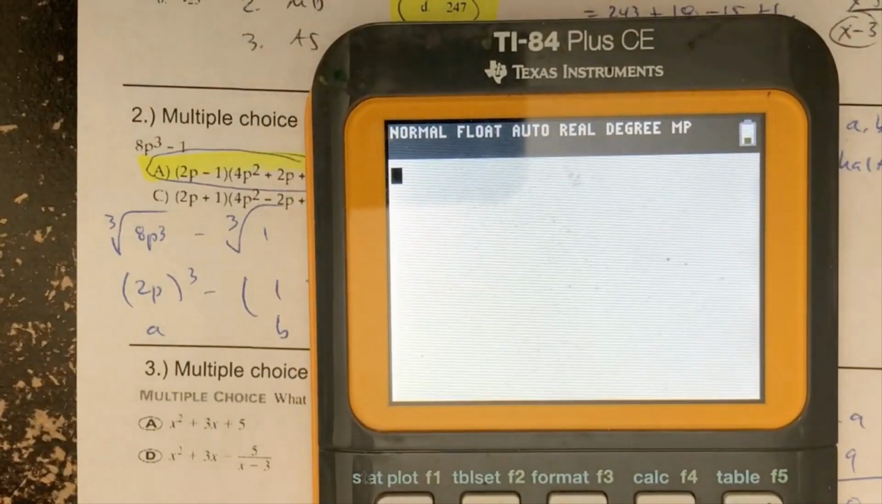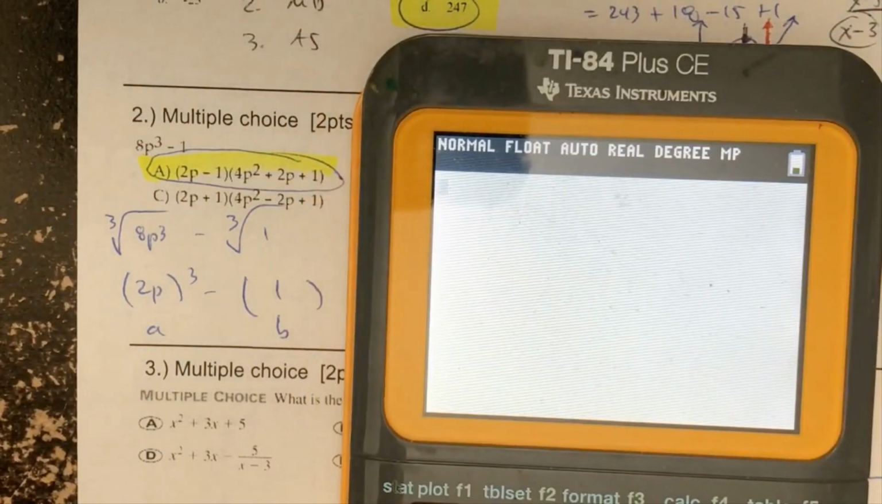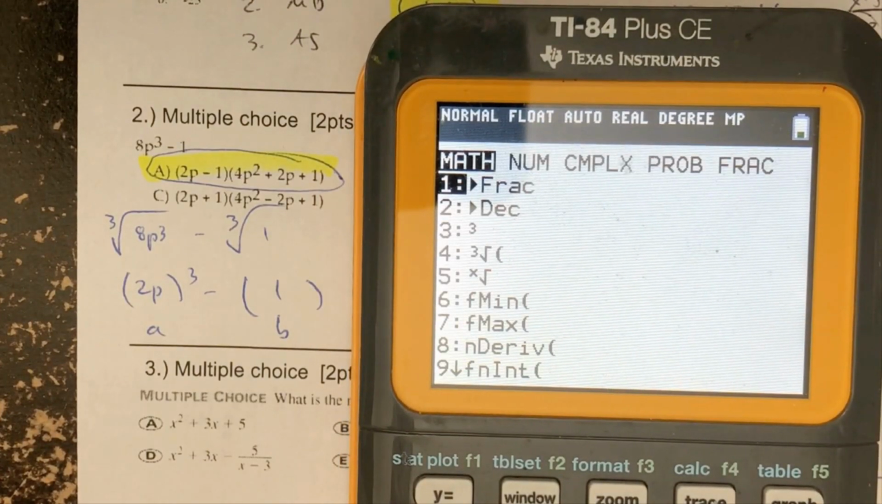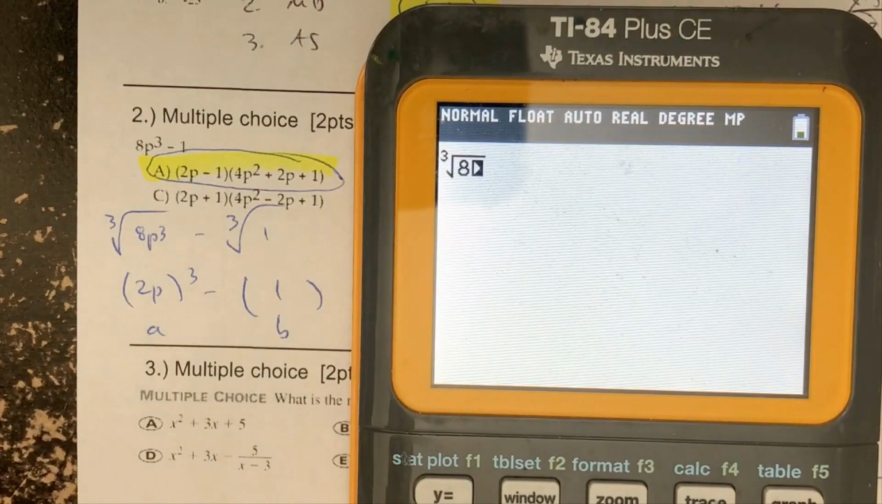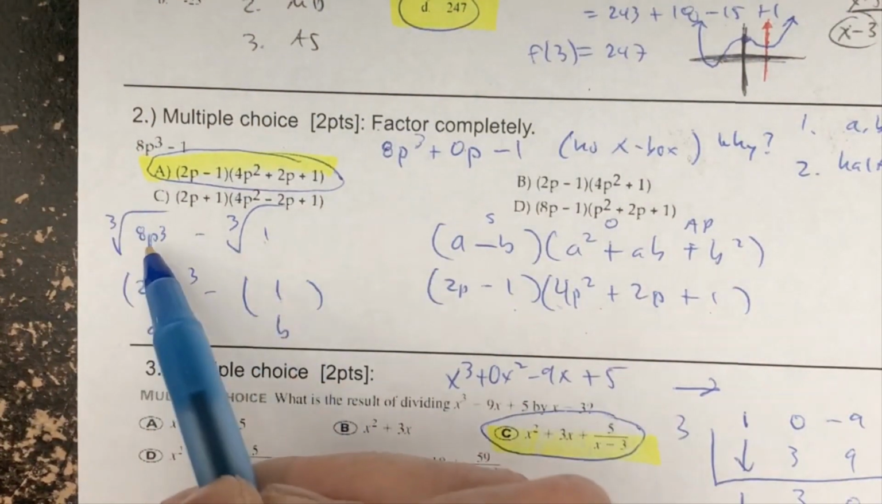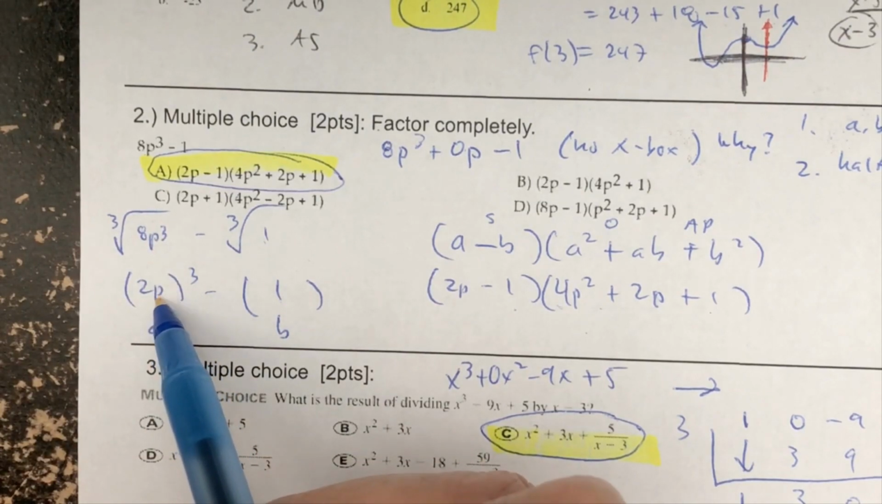Here I have a TI plus CE, so I'm going to go to the calculator commands, math, and scroll down there to number 4, and you put in the number 8, and it gives you 2. And then if you do the same thing for 1, 3 identicals that multiply to be 1 are 1. Now, the cube root of p to the third is just p,